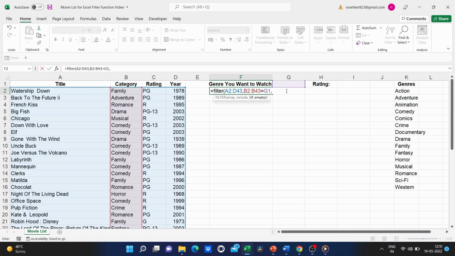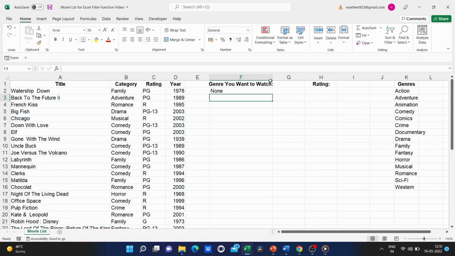Now Excel is expecting me to put something in case there are no results produced. So I'll put in quotes the word none, close quote, right parenthesis, tap enter. Now there's nothing in G1, so Excel returns the word none.